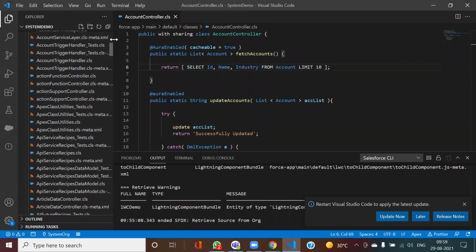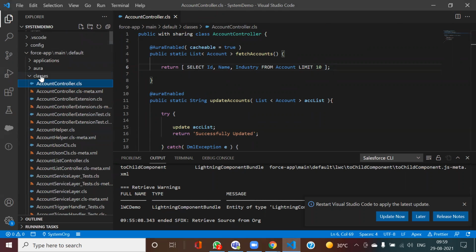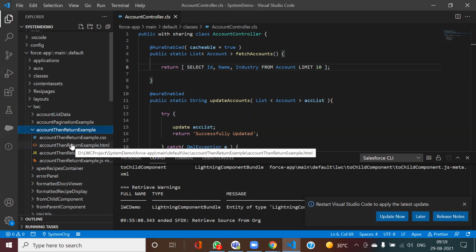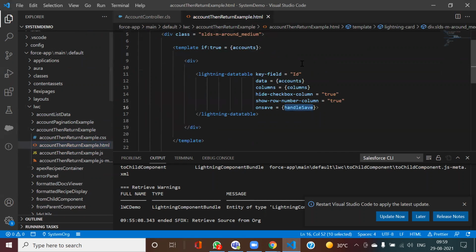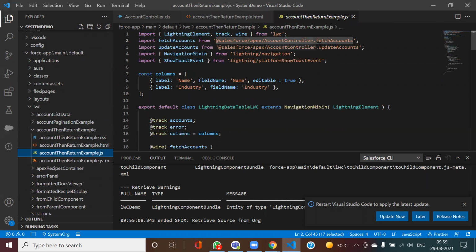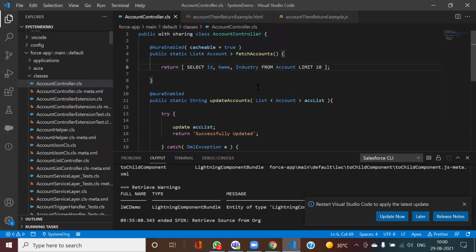In this controller, in order to show these account records, I have used this method fetchAccounts. Here I'm fetching 10 account records.